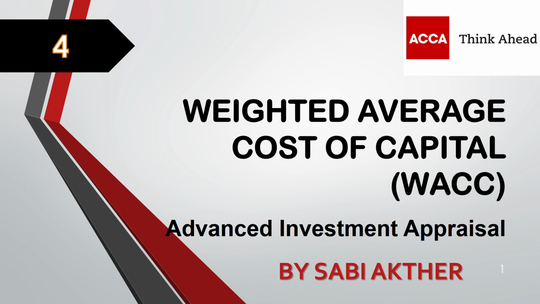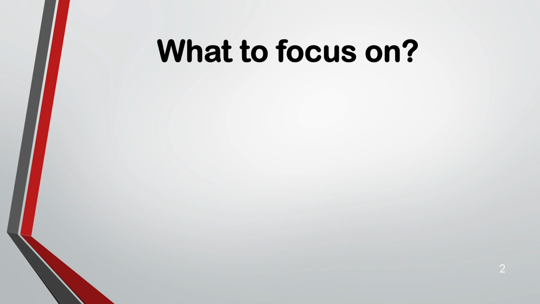So let's start. What are we going to focus on? We are going to focus on 4 areas. Number 1, the WACC, what it is made up of. Second, the cost of equity. Third, the cost of debt. The WACC is made up of cost of equity and cost of debt,